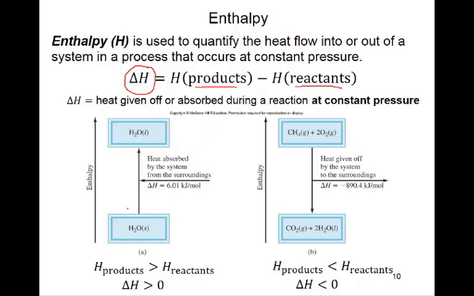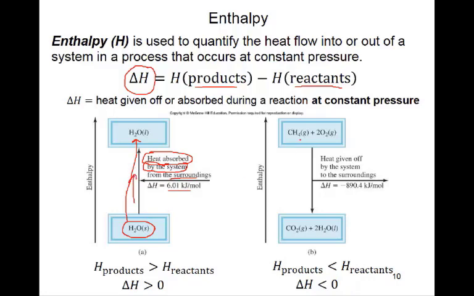Now take the example here. This is a graphical presentation. Enthalpy is increasing, and we take H2O as a solid, which means it is ice. Ice changes to liquid water, which means ice is melting. When the ice melts, heat will be absorbed. In this endothermic process, heat is absorbed by the system from the surroundings, and the quantity is 6.01 kilojoules per mole. Here the energy is increased, so that's why it is going up in this direction.